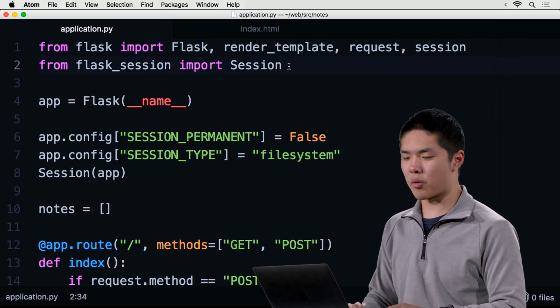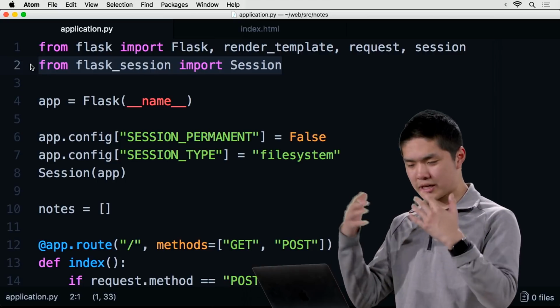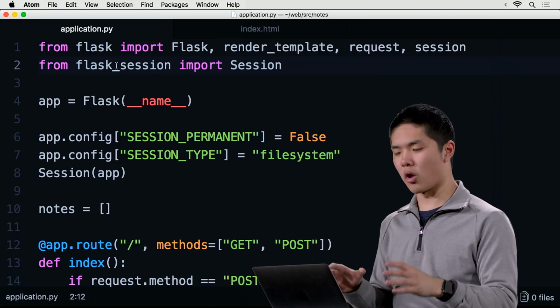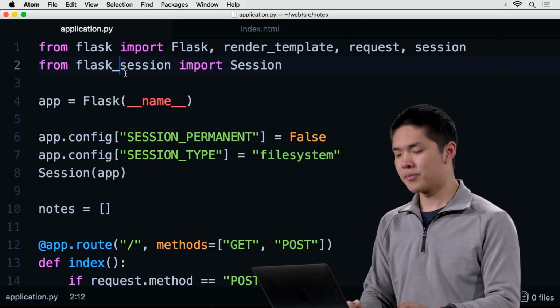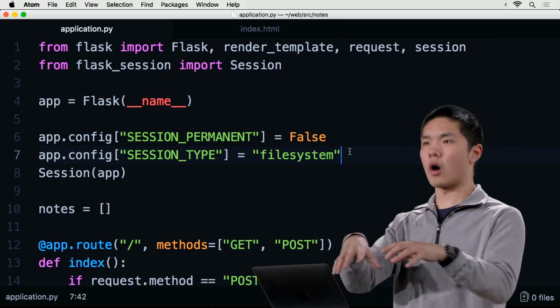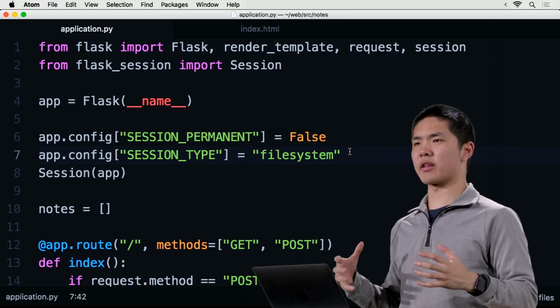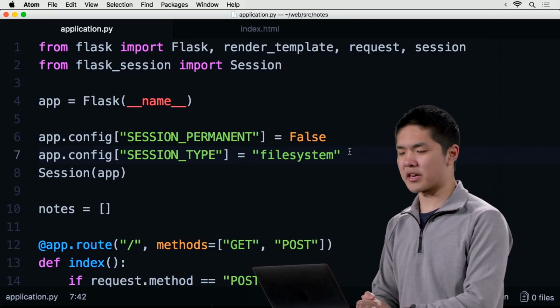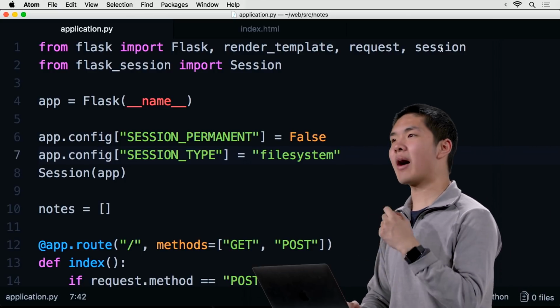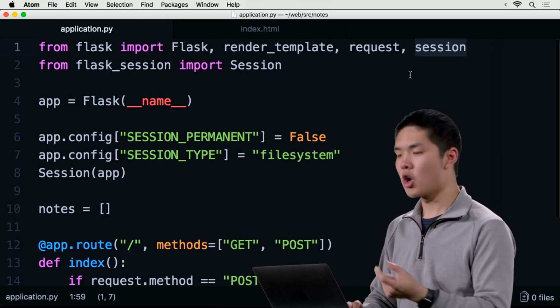And then on line 2, I'm importing a special additional extension to Flask called Flask-Session. This just gives us a little bit more control over sessions. In particular, it lets us store sessions server-side, such that on our server, we're storing all the data about the sessions, which gives us just a little more control over how those sessions are managed, but not to worry too much about that. What's important is that I now have access to this variable called session, which is unique to me,